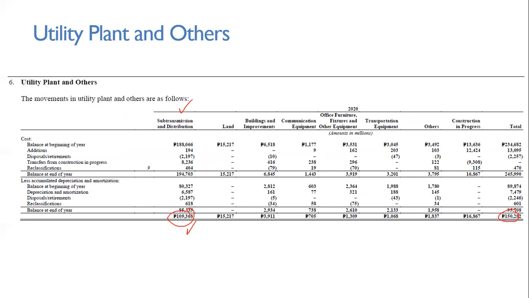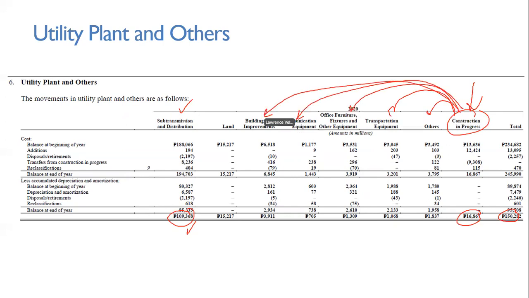Okay. Ang next is construction in progress. Also, as you know, yung construction in progress, diyan nakalagay lahat ng in progress. Once they're completed, i-distribute sila, depende kung anong klaseng PPE sila. And most of this, I believe, is also sub-transmission and distribution. Okay? So it's really the main asset type for Meralco.